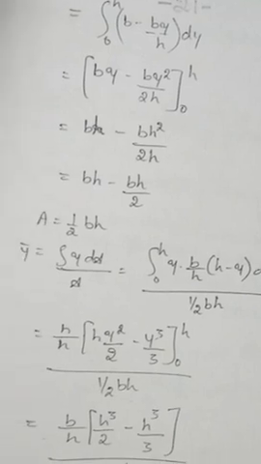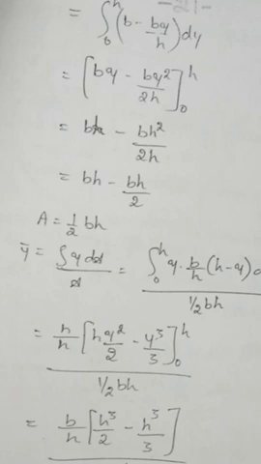Okay, so finally area will be half into base into height. So this is bh minus bh divided by 2. So for the total area, you consider bh as 1. If you remove bh, which is common on both sides, you will get half into b into h. So total area is equal to half into base into height.